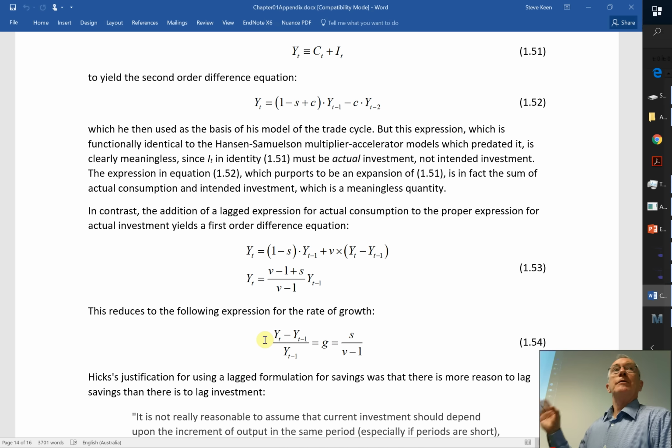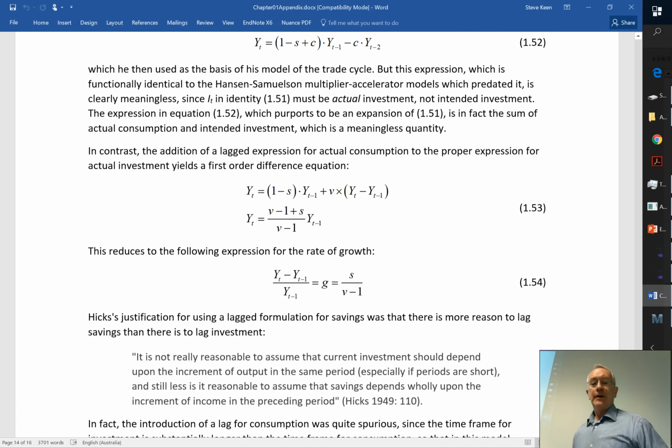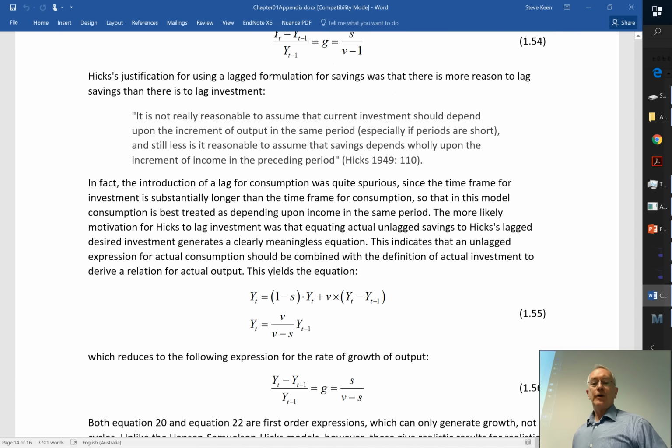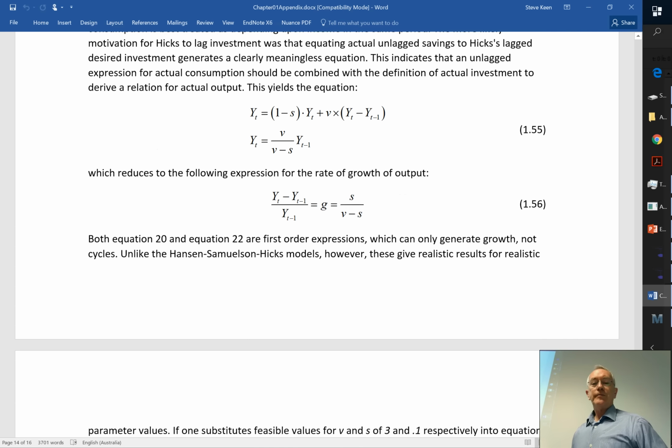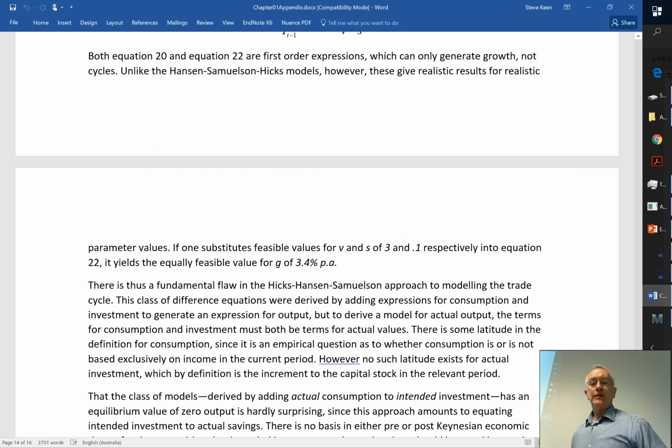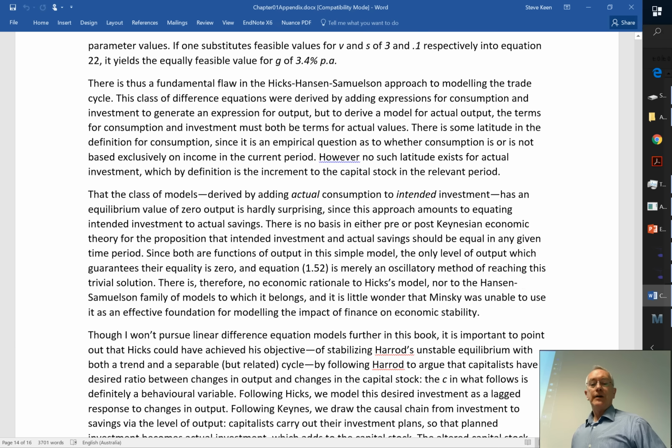You find the problem is equating desired investment to actual savings. You correct it to equate actual savings to actual investment, you get a growth relationship. So that implies clearly we wasted a huge amount of time by not knowing the mathematics properly in doing this particular work. So what I then did is say, well, can we actually get something sensible out of Hicks even